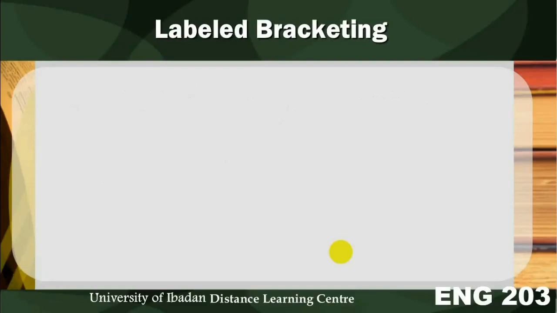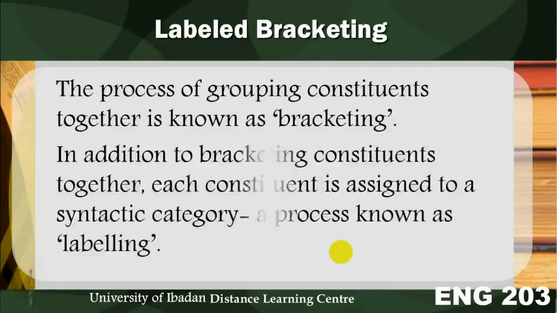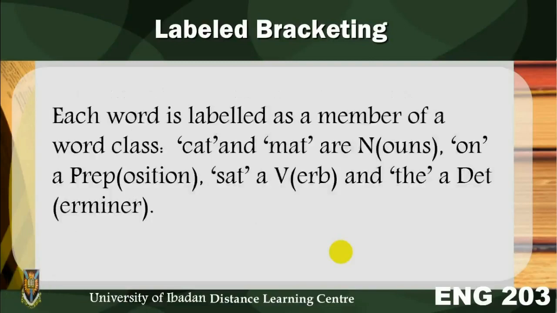The analysis explicitly sets out what can be considered as constituents, labeled bracketing. The process of grouping constituents together is known as bracketing. In addition to bracketing constituents together, each constituent is assigned to a syntactic category, a process known as labeling. Each word is labeled as a member of a word class. Cat and mat are nouns, on a preposition,